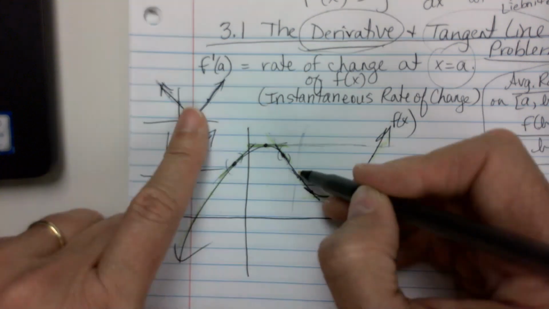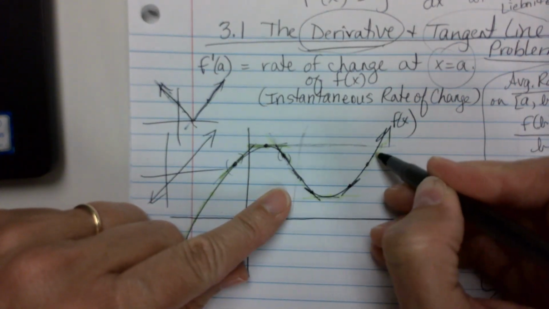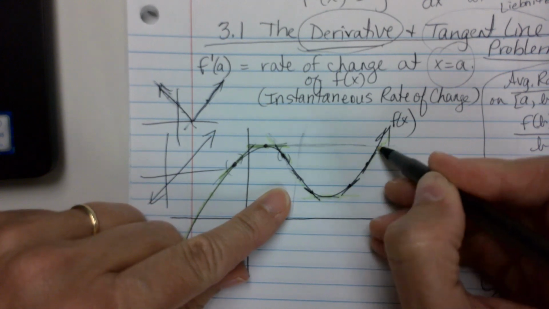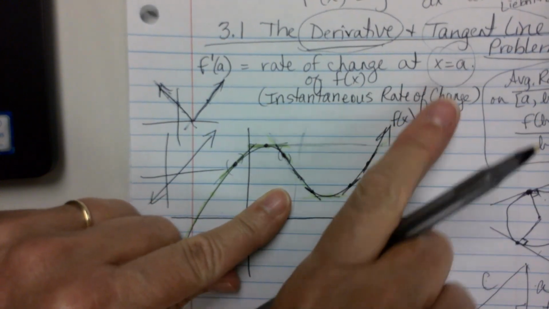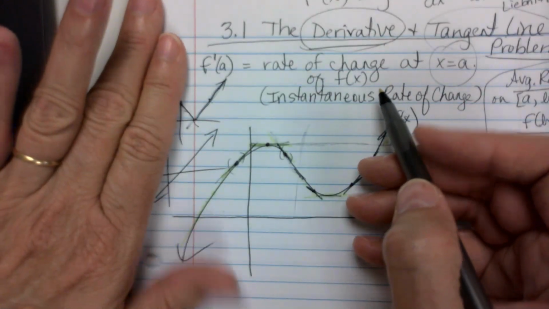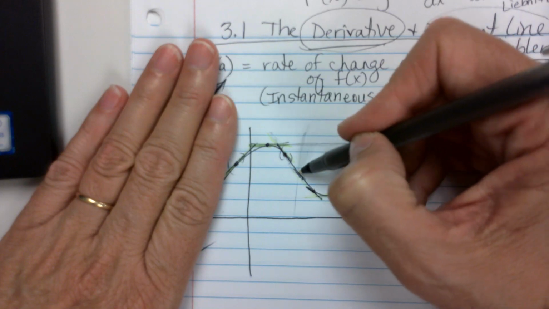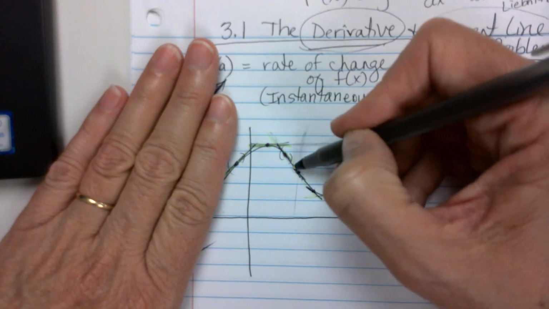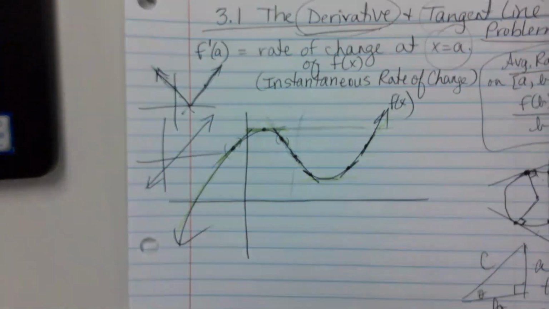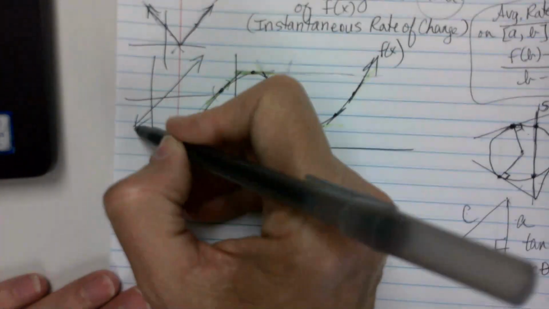So there's only one tangent line at any given point, and it's the one that is going with the slopes of the curve. It's the one that is closest to being parallel to that graph. That's a good thought. But the weird part is that